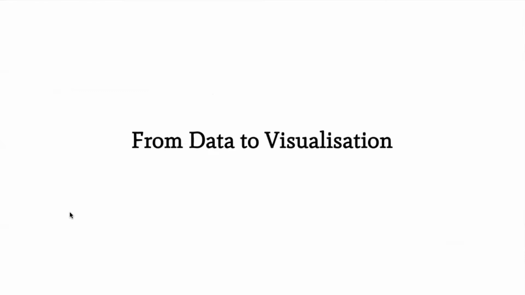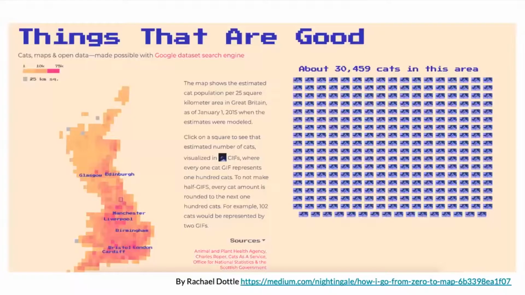So from data to visualization, what are the typical steps involved in making a data visualization? How do you get from data to having created visuals? And I think a nice introduction to this question is this visualization made by